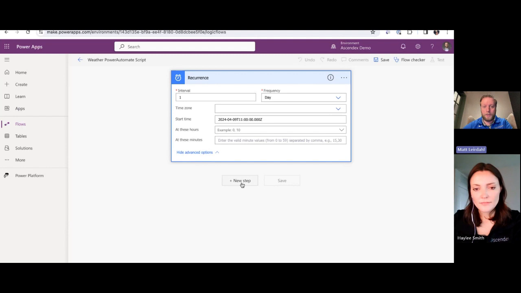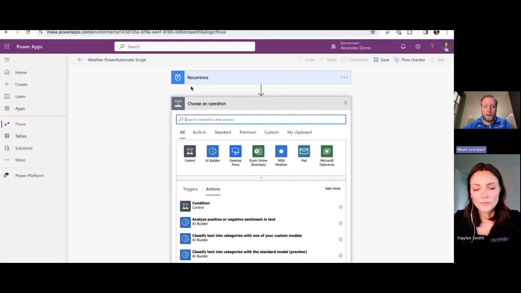And then I'm going to go ahead and click New Step. And this is going to be our action. So we've got the trigger, so now we need to make an action. So this time I'm going to go with the